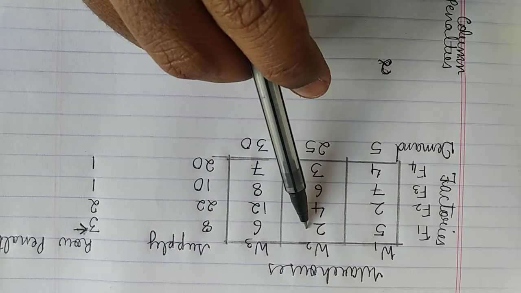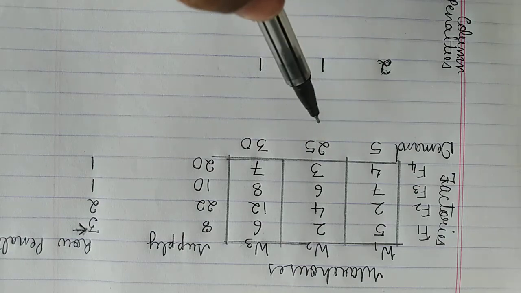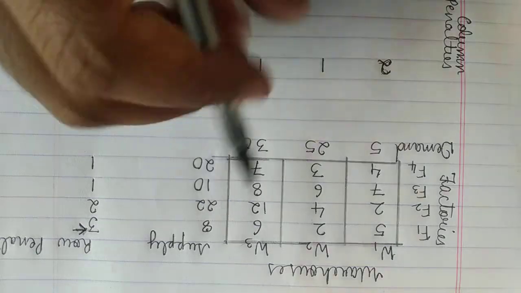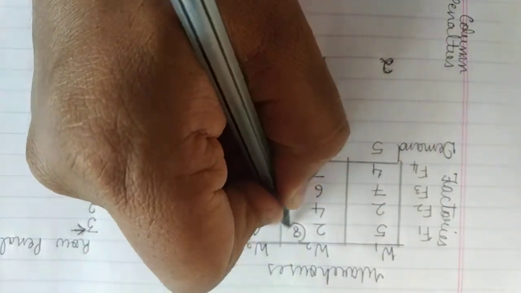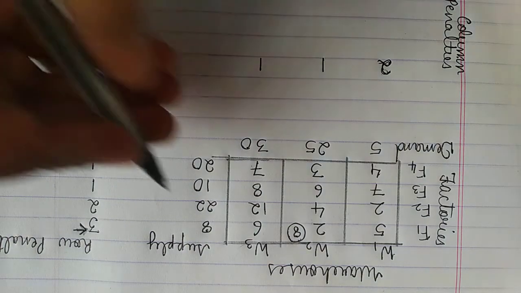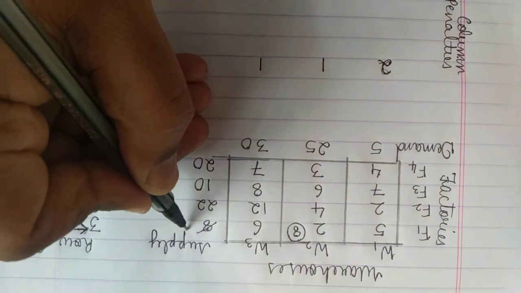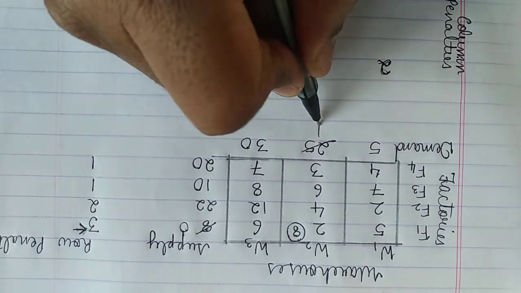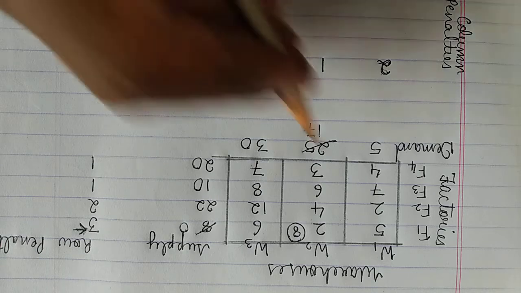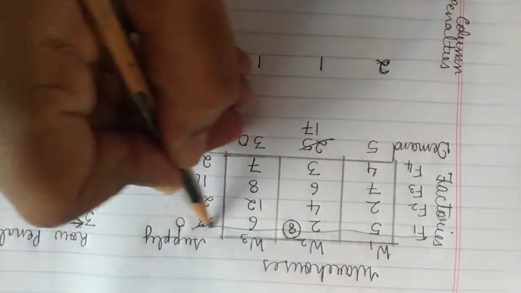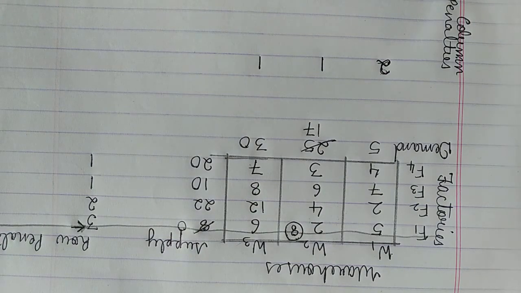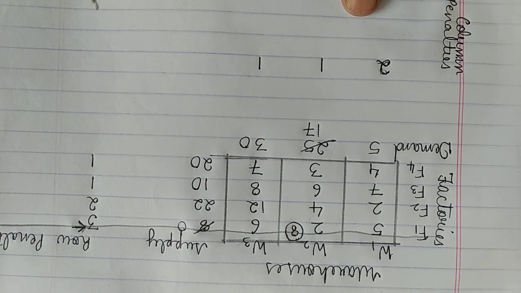So the supply is 8, demand is 25. That means I have to go for the minimum of supply and demand, that is 8. So I'll allocate 8 here. Once I've done this, I have to cancel out this. The remaining is 0, the remaining is 17. Once any row or column becomes 0, I have to cancel it out. So I'm cancelling. Now again find the set of new row penalties and column penalties.